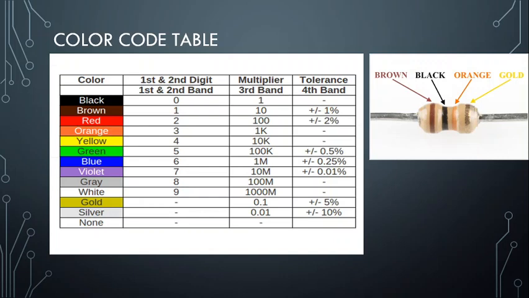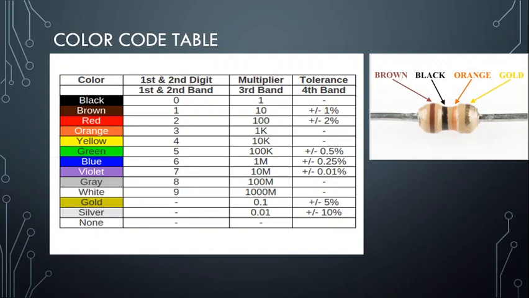You can tell the value of each color by looking at the resistor color value chart given here in the first image. Or to make your life easier, you could simply look up the values using a graphical resistance calculator which is available online. I will give the link in the description below.